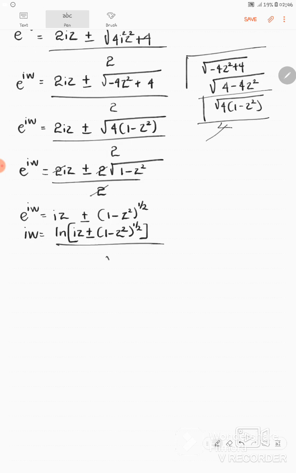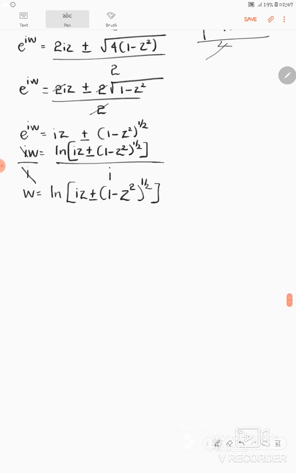Now let's divide both sides by i. Both sides by i, cancel. Therefore, w equals ln of iz plus or minus 1 minus z squared raised to power 1 over 2, close bracket. Now we have 1 over i. Let's not rush. Therefore, w will now be equal to, as I said earlier, we can also have